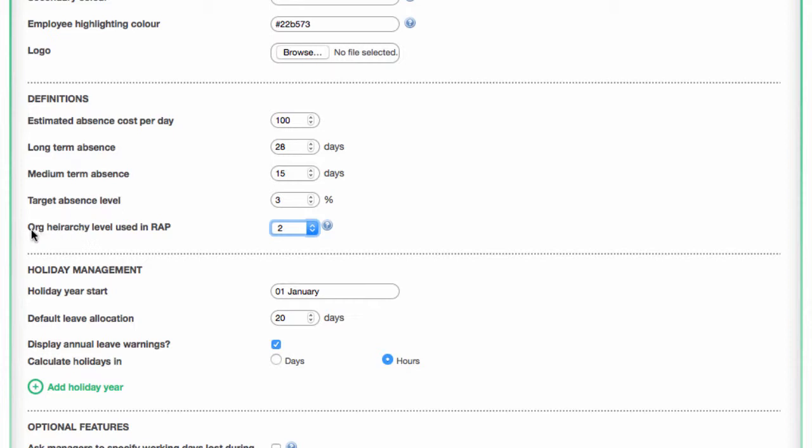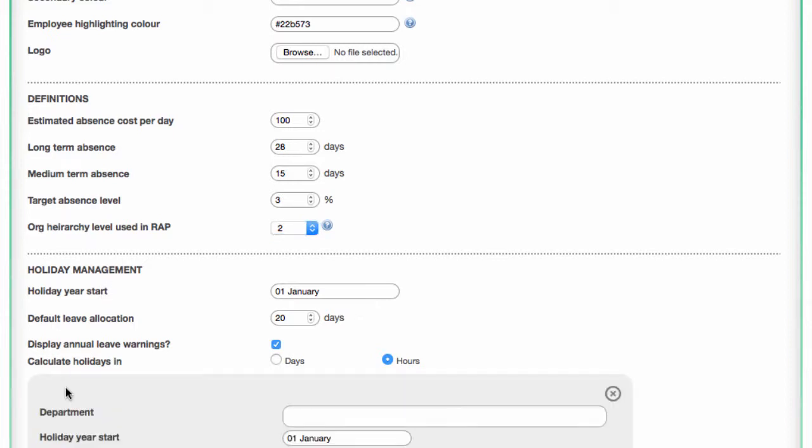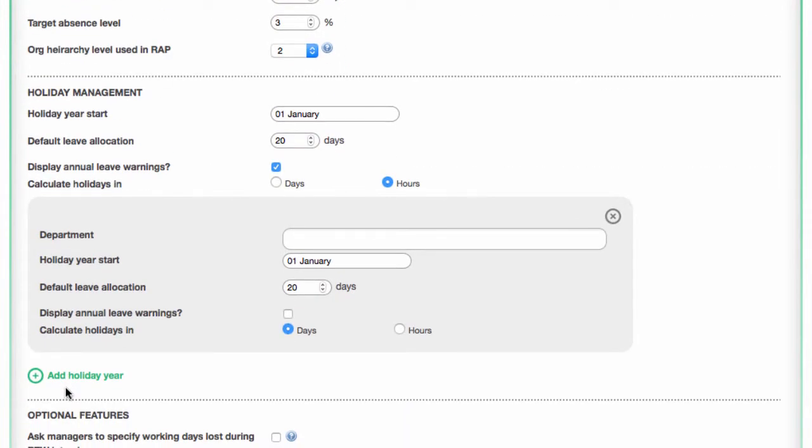This option for the RAP or Report a Problem form is only relevant if you're using our call center enabled absence reporting service. If you use the holiday management tools, you can set your holiday year and, where necessary, add additional years for different parts of the company. Your default annual leave allocation will automatically be allocated to all employees and can be overridden for chosen individuals in